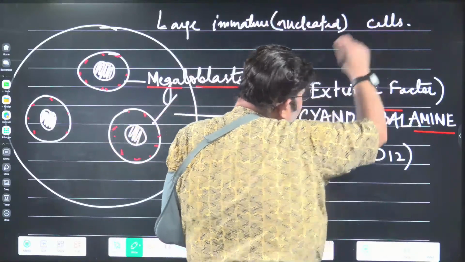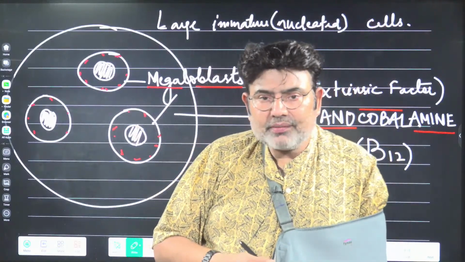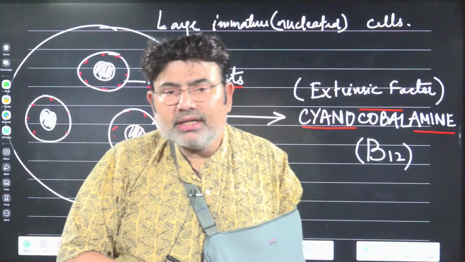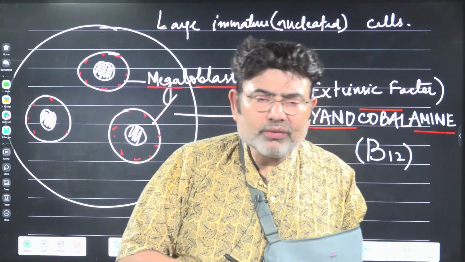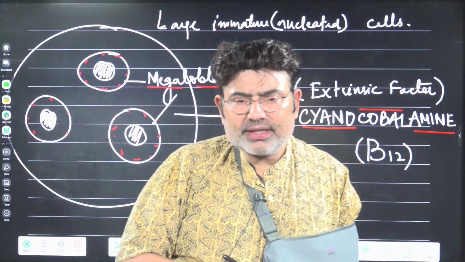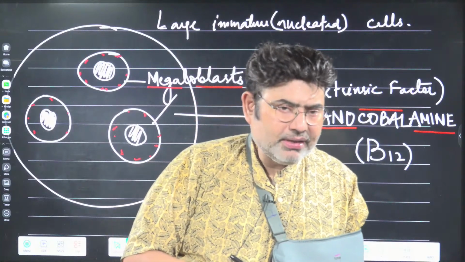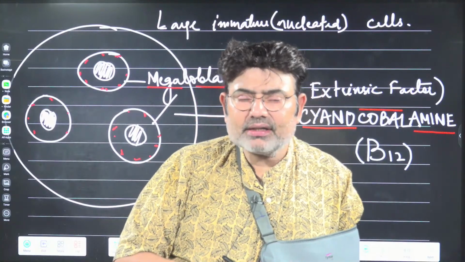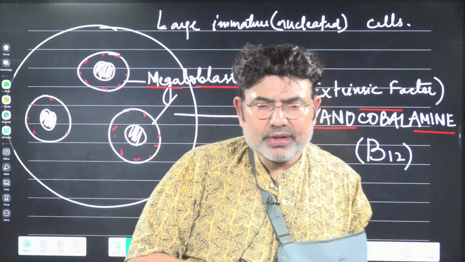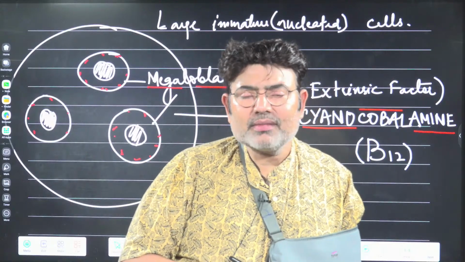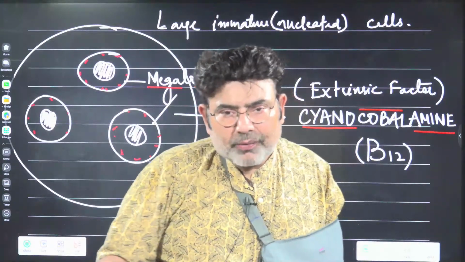Okay, you understand this story? The story about the anemia, a type of anemia where the cells are larger than usual. They are immature RBCs, so they are not very functional, and they found that this is due to deficiency of a factor called cyanocobalamin. It is considered a vitamin, categorized under the B complex group, and given the number B12. Vitamin B12 or cyanocobalamin is responsible for this type of anemia. Okay. So far all points are clear?